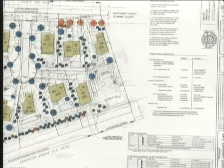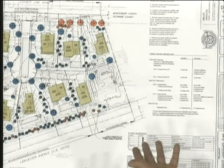I guess the other dominant feature that most people will be aware of when they go by the site, because really what happens is, we build these properties and the people that buy my homes, they live in the site, but what happens to the township is people who drive by the site, they see what they see. One of the things we're going to do, there's an old stone wall that runs along Lancaster. We're going to preserve that stone wall, and we're going to build a berm behind it, and we're going to put some evergreens on top of that, and we're going to clean it up a lot more than it is